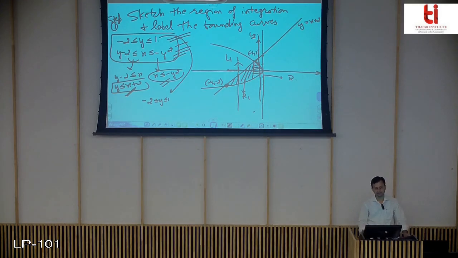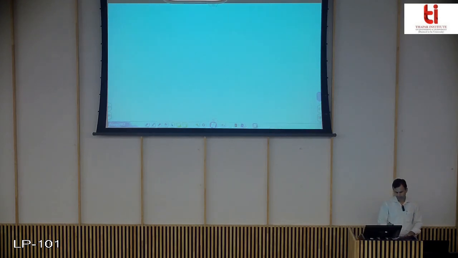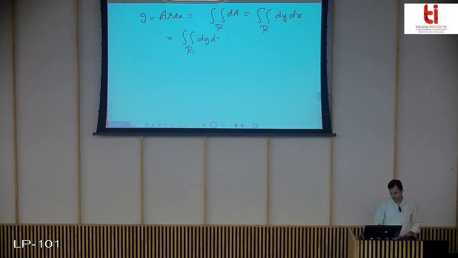So this is how you split the region, depending upon the boundary from where it is leaving and entering, so that the integral or the area dA you are finding, which I have chosen in this case first with respect to y and then with respect to x, now gets split into these two regions.